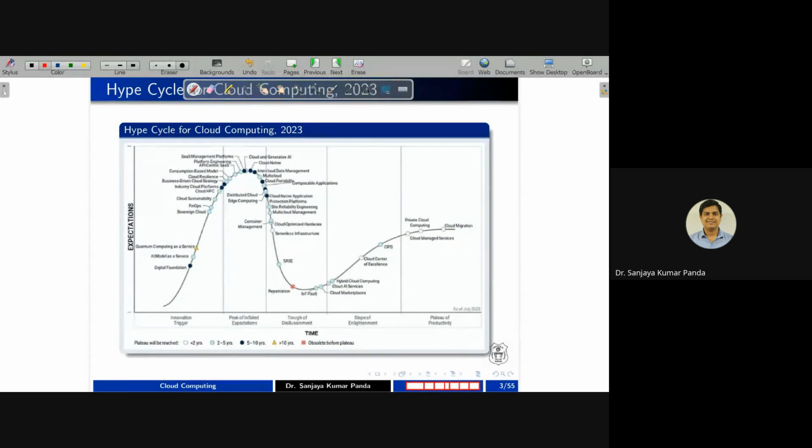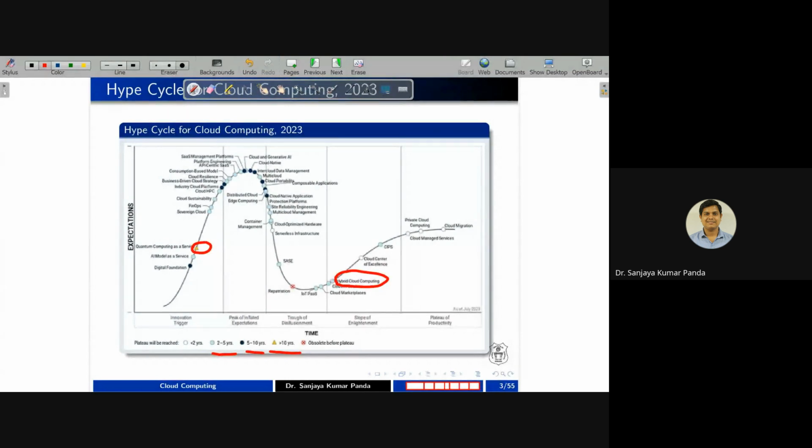Similarly, you can see some technologies in the duration of 2 to 5 years. For example, if I go for the term hybrid cloud computing, as per Gartner, its plateau will be reached in 2 to 5 years. Similarly, for the black color dots, you can see technologies like inter-cloud data management or cloud portability. These technologies are sustained in the market for up to 10 years. And we also see a yellow color triangle here, which says that this technology will sustain in the market for more than 10 years.